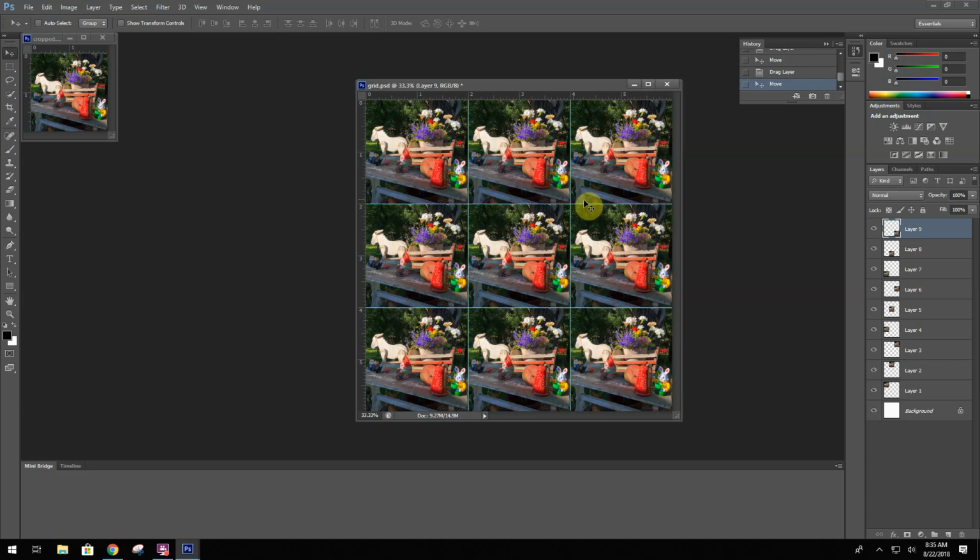You can see that every time I dragged an image in, it created a new layer for me. We really want to make sure that it's easy to know which layer we're working with. So I'm going to rename my layers really quickly. It'll make your life a lot easier so you don't get confused,